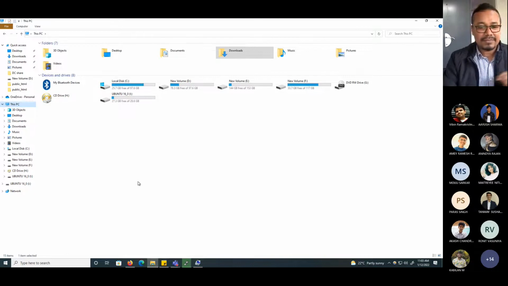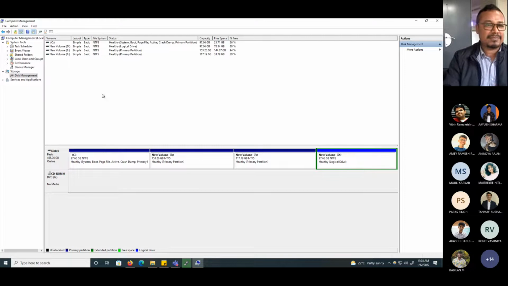So for that, we have to go again to disk management, under computer management. You can go to it from the settings or control panel also. Here it is under storage, disk management. Everything is shown here. I have several drives: C, E, F, D. So there is no free space where I can install